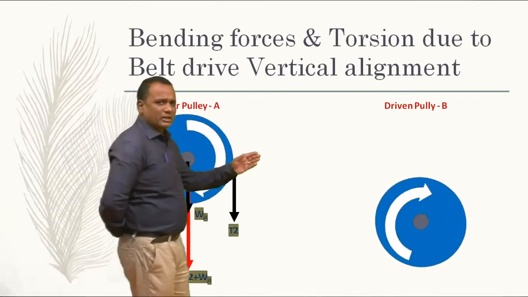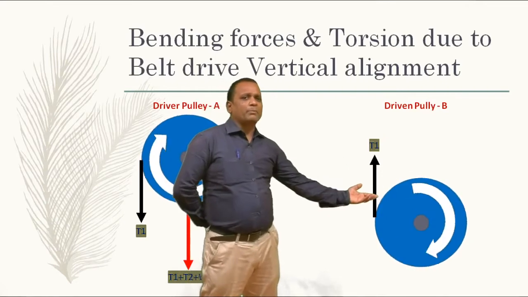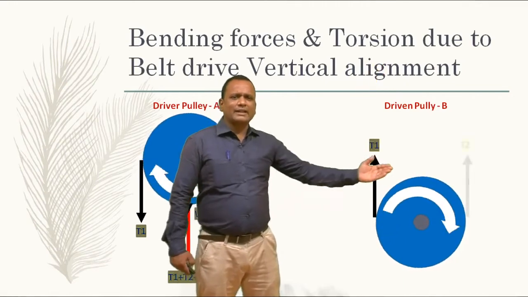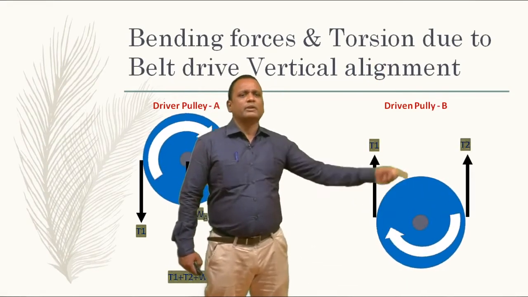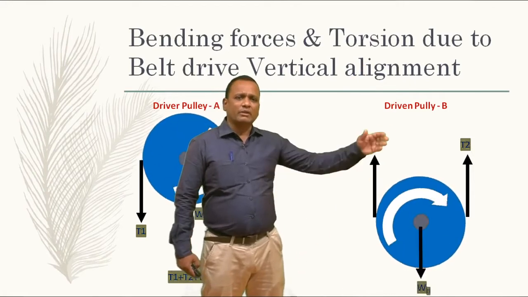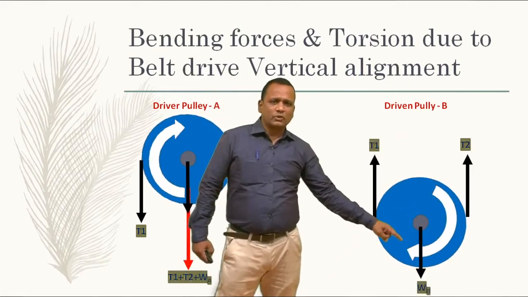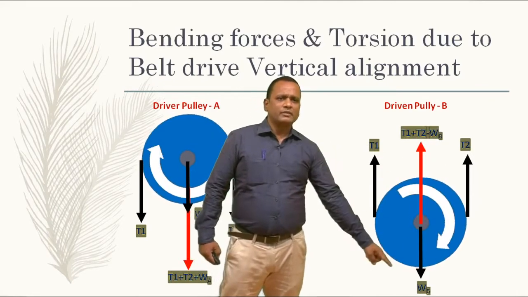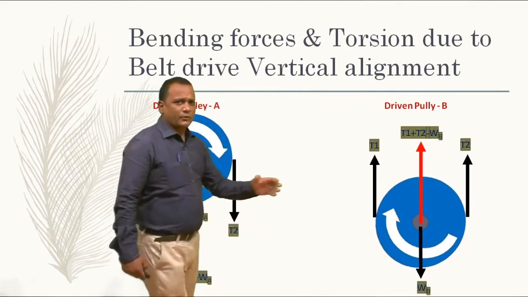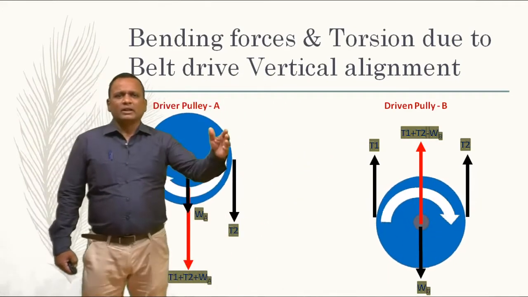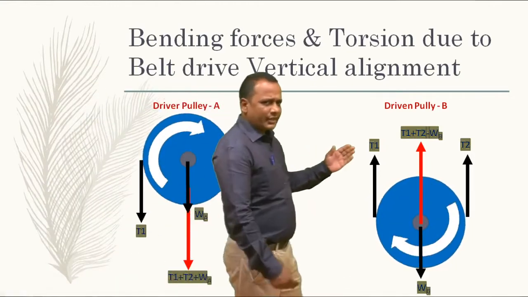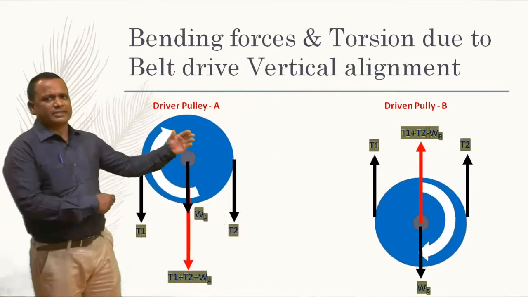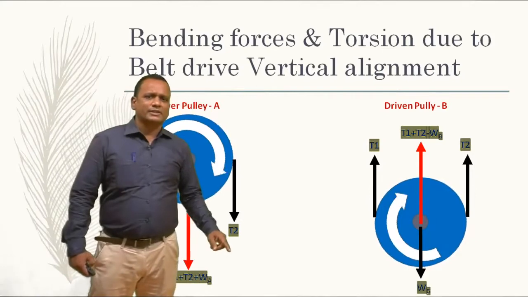When it comes to the driver pulley, since it's transmitting power to another pulley right above it, the tight and slack sides T1 and T2, the summation of these two forces, will be going up. We call this T1 plus T2. One more weight we have at the bottom is WB. So the whole vertical force would be T1 plus T2 minus WB. This is the vertical force in a vertical alignment. We won't see any horizontal forces in either this sketch or this diagram. In both cases, the horizontal forces tend to be zero.